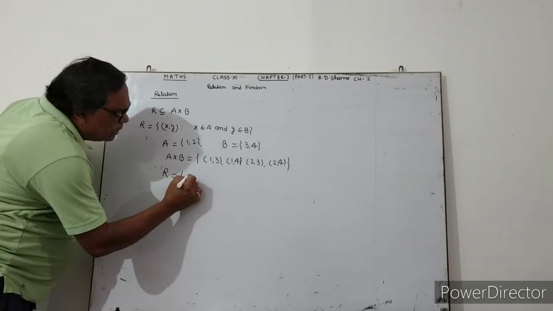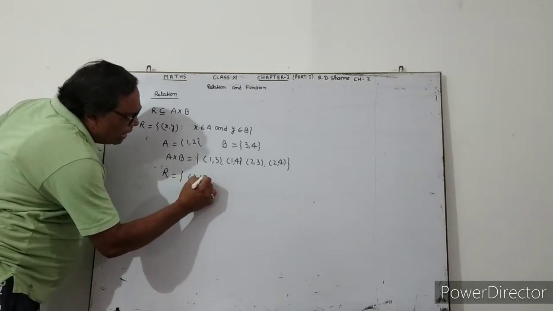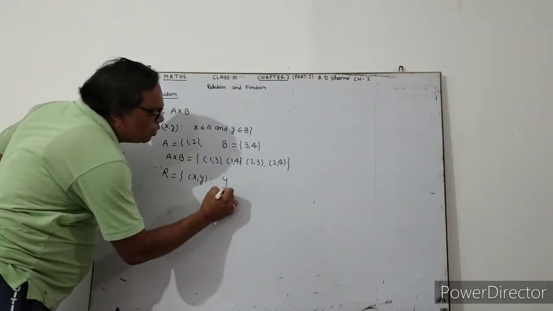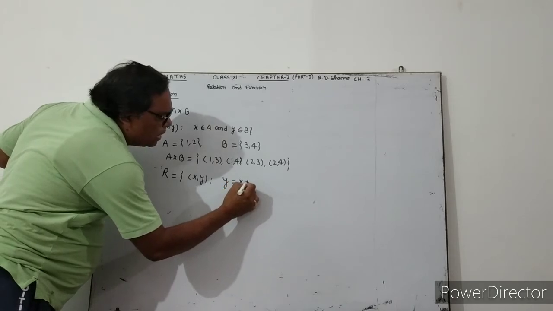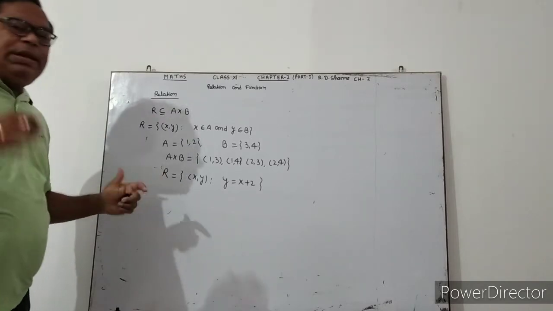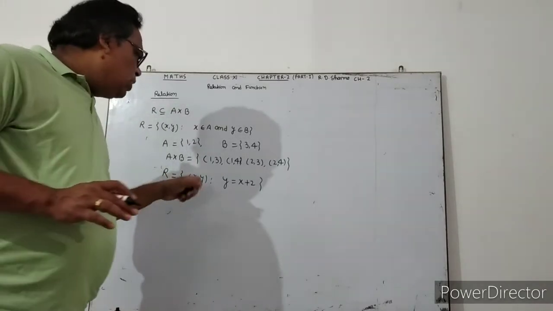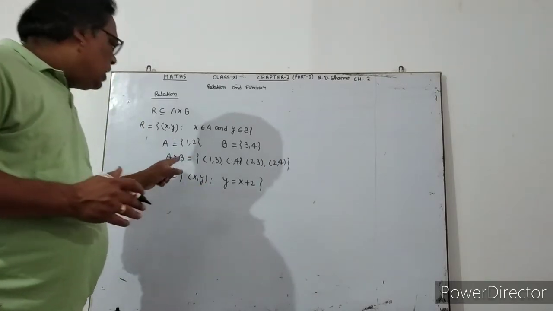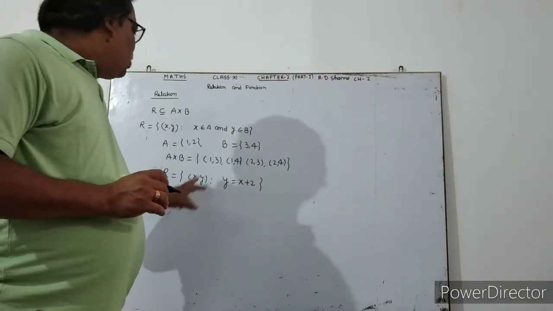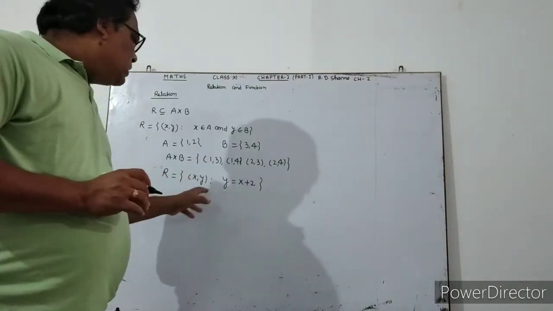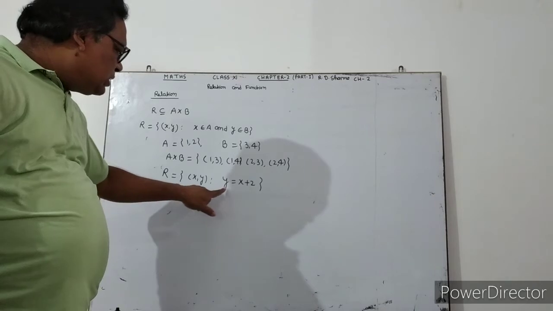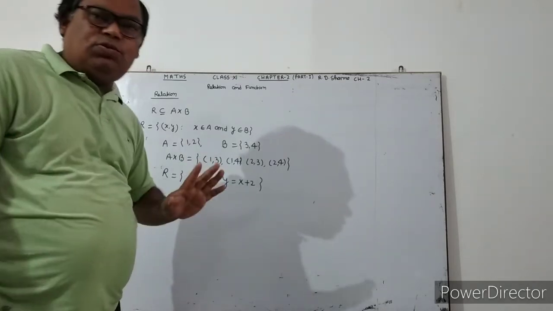We select the relation R, (x, y) such that y equal to x plus 2। मैंने इसमें एक रिलेशन दिया और रिलेशन कोई भी रिलेशन होता है, अभी रिलेशन कहां से कहां बन रहा है, A to B रिलेशन बन रहा है। तो इस रिलेशन की प्रॉपर्टी क्या है, what is the property of this relation, (x, y) such that y equal to x plus 2.